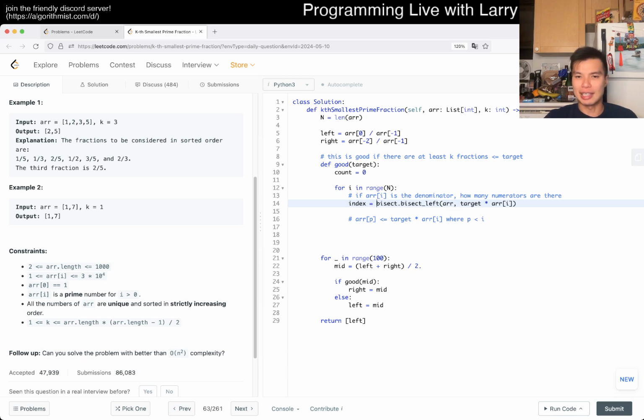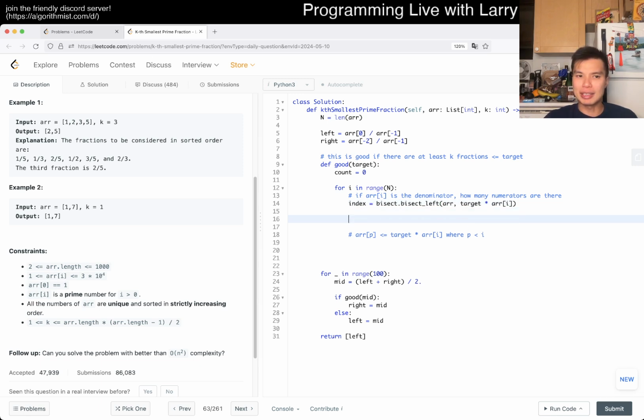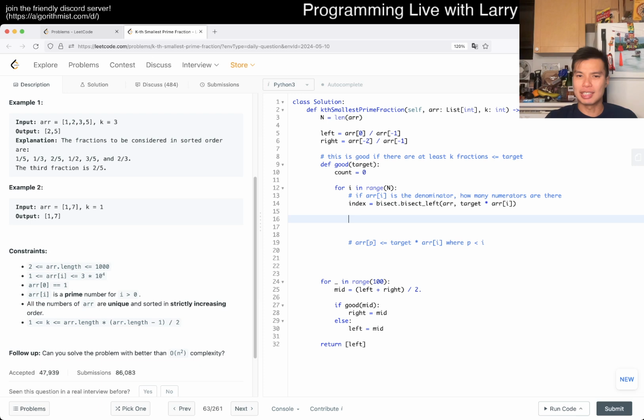And then this is index. Basically, the number of numbers is going to be just i minus index, right? Because at index i, everything before that, so if this is 0, then, wait. No, this is just index then, sorry. Yeah, so something like this, right? Because that's where you would